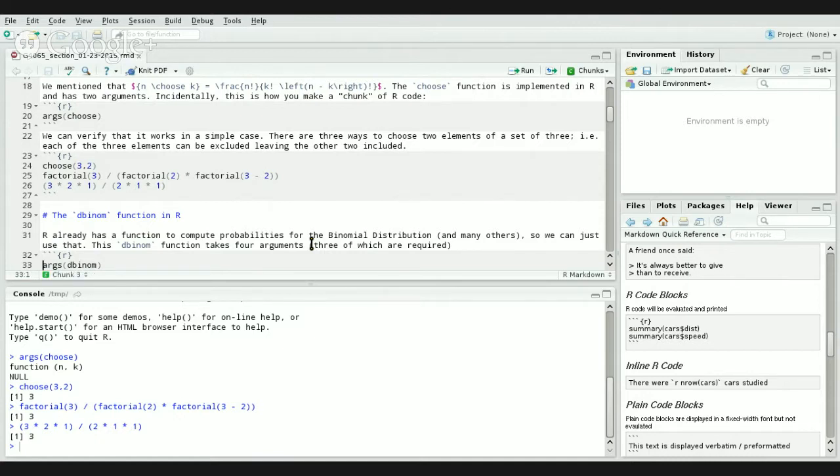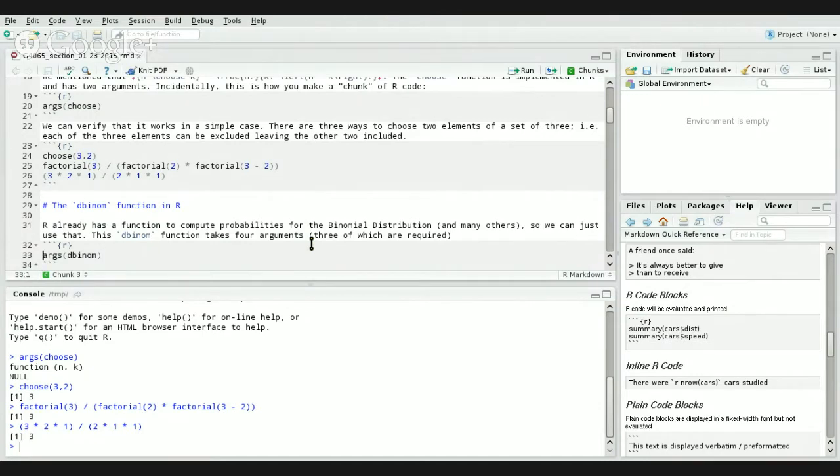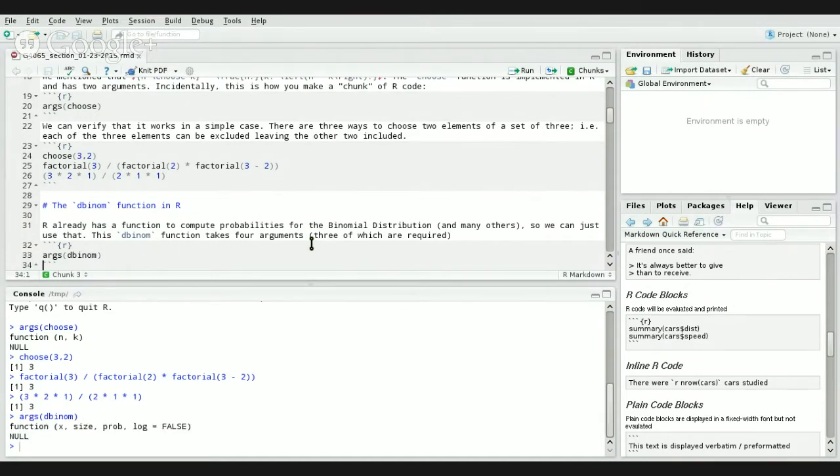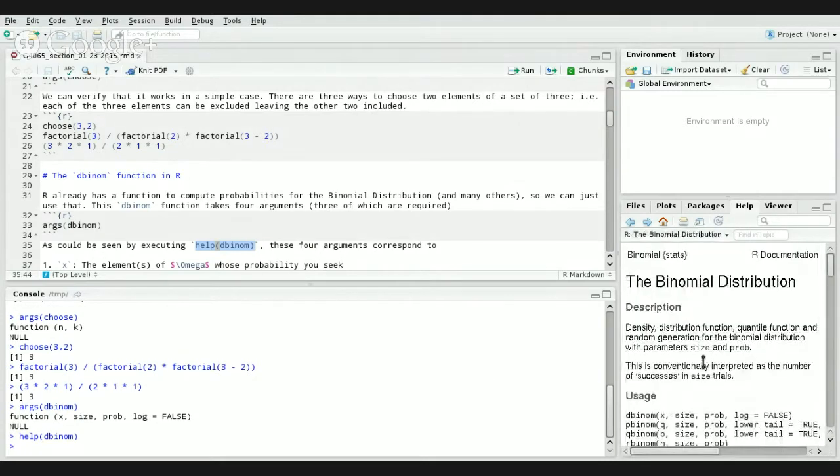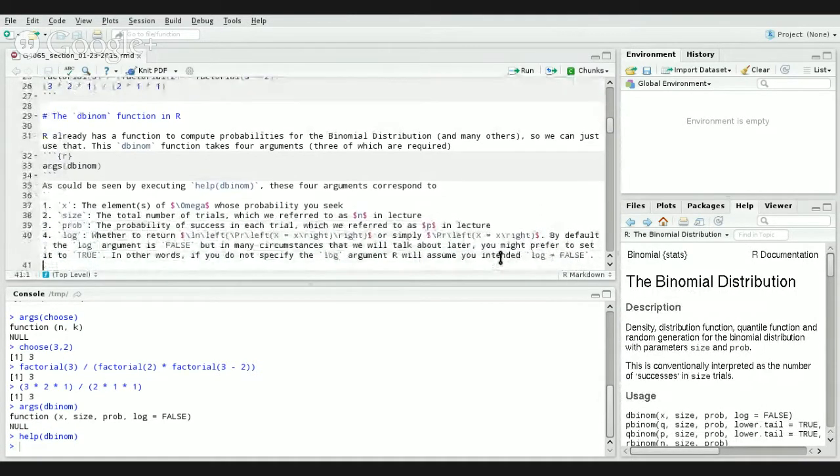R already knows that function and has a function to compute such probabilities, which is known as the d-binom function. It has 4 arguments, and if we executed help binom at this point, we could see the help page for the binomial density function as well as a few other functions that are related to the binomial distribution. In brief, these 4 arguments are x, which are the elements of the sample space whose probability you want to obtain,